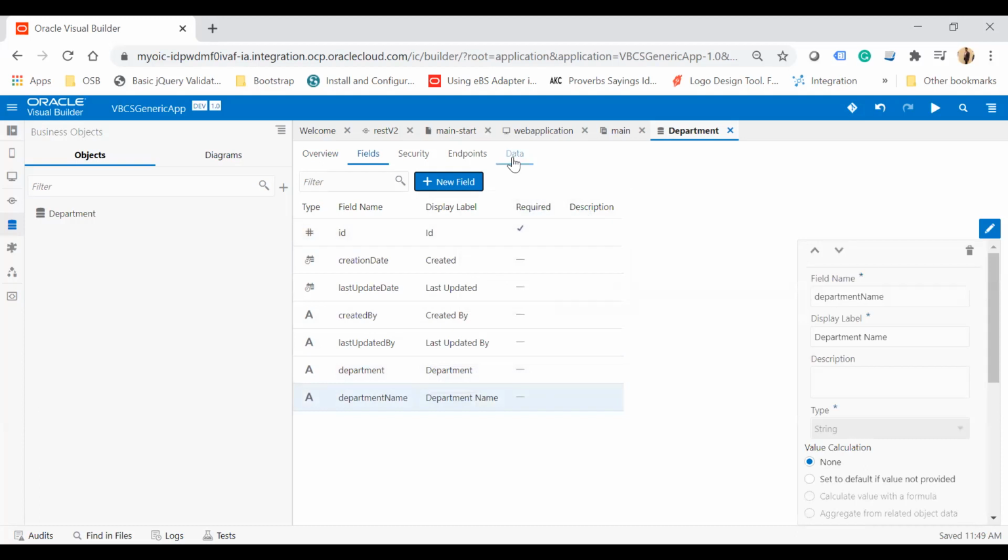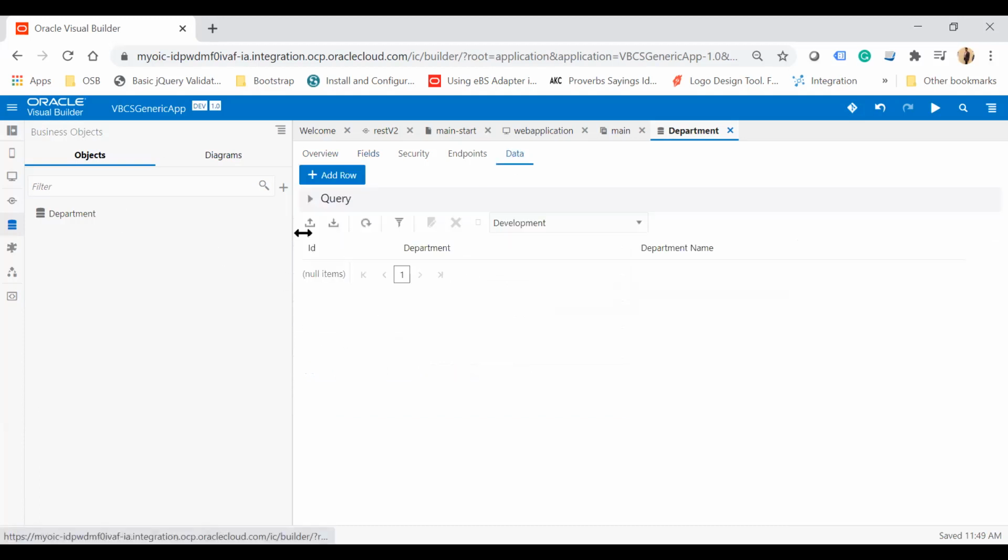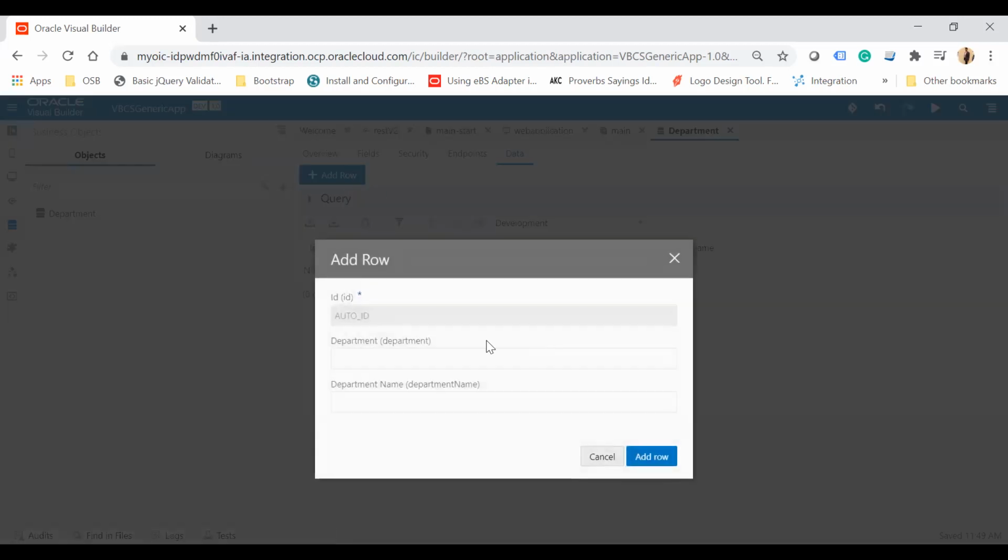Now I will populate this business object with certain data, like OP and operations, HR, human resources.